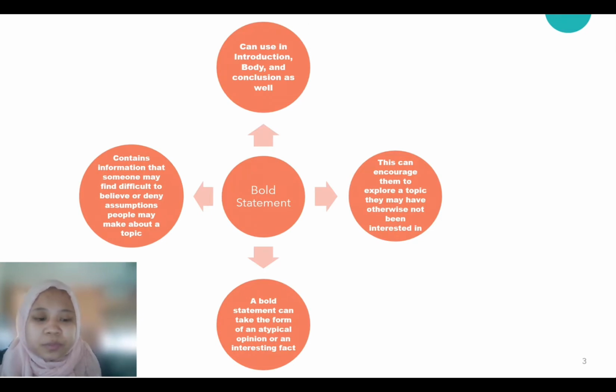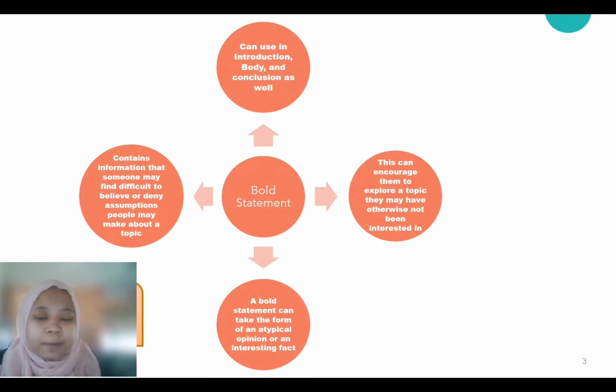A bold statement can take the form of an atypical opinion or an interesting fact, and this strategy is fitting for speeches that provide a unique outlook on a topic.